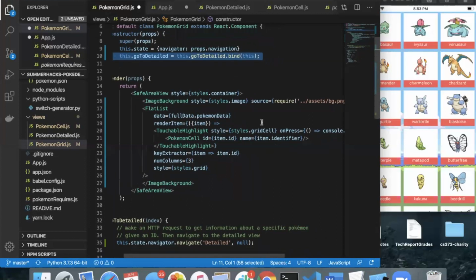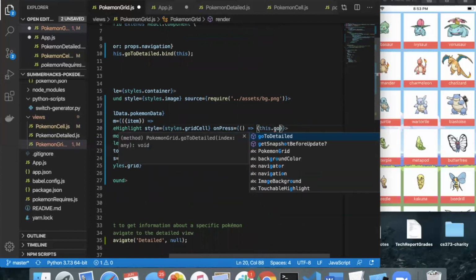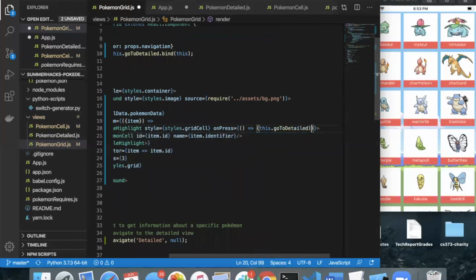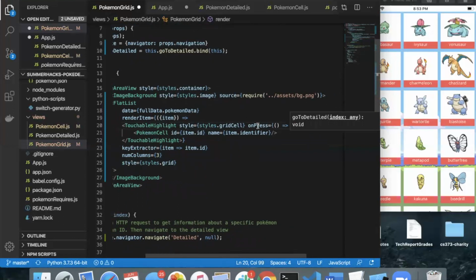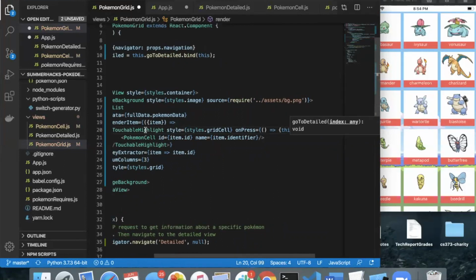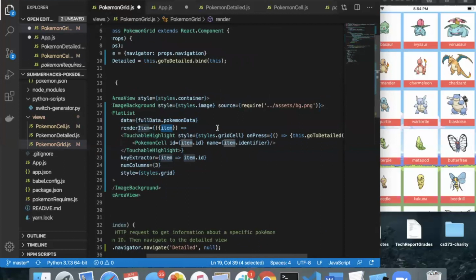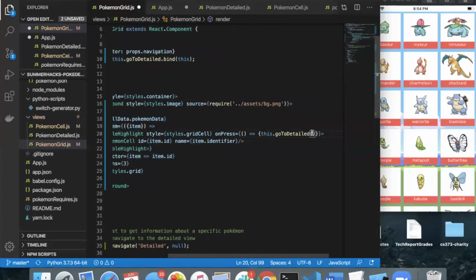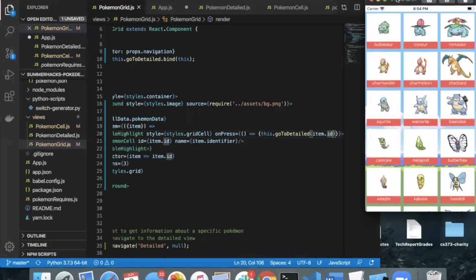So then I'm going to change my onPress over here. Instead of console.logging a clicked message, I'm going to return, I'm going to call this.goToDetailed. As you see here, this is all part of the bigger renderItem anonymous function. This is getting a little messy because there's a nested anonymous function. But remember, our original parameter is an item, which is a cell from that Pokemon data file. What we want is the ID, and that's going to basically be our index. So I'm just going to pass the item.id. And now if I compile and refresh, whenever I click on an item,